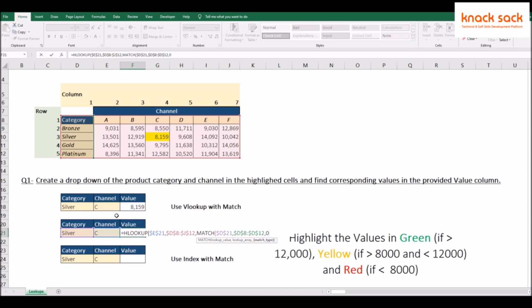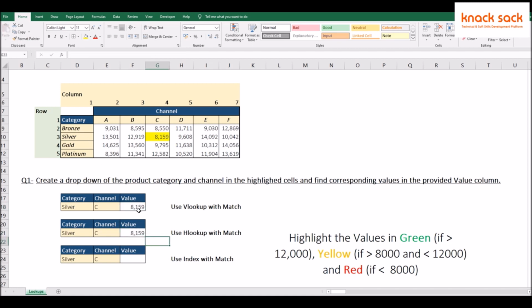Comma, then exact match. Again for HLOOKUP, we will use exact match and close and enter. So we have 8159 here also. Okay, let's format this. So in both we have a comma separator for 1000.